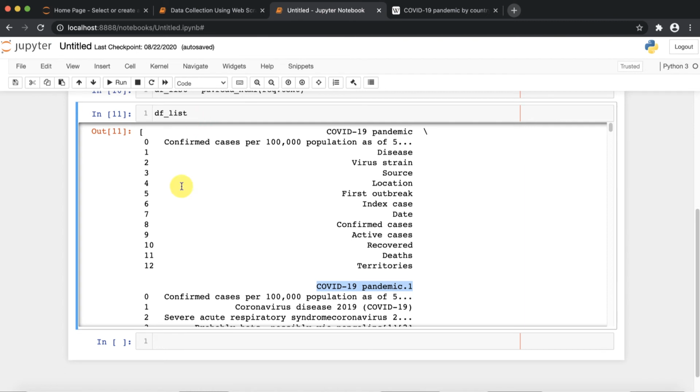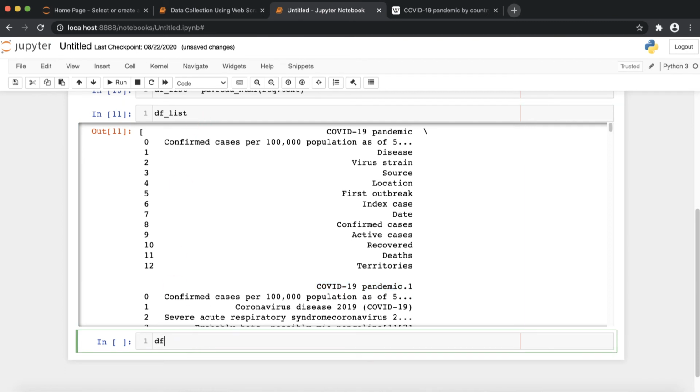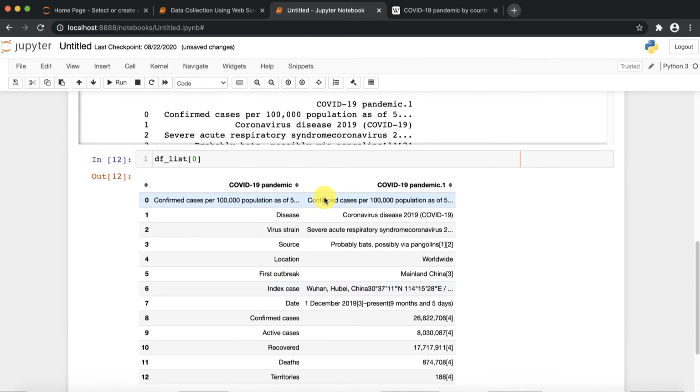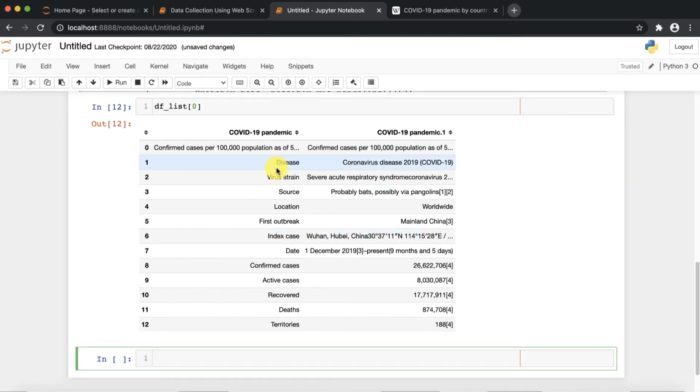Now let's try to fetch some information like df_list of 0. Here you can see COVID-19 pandemic, and it displays disease, virus, strain, source, location.